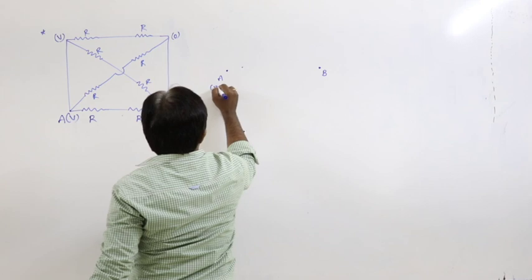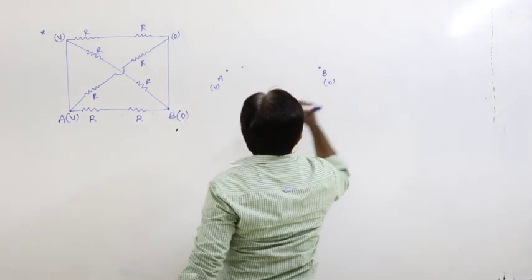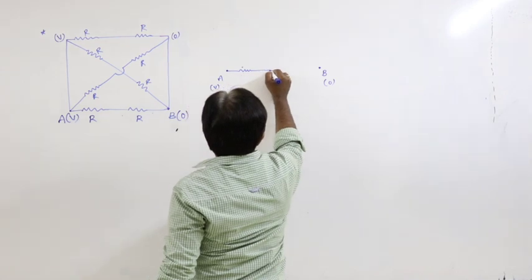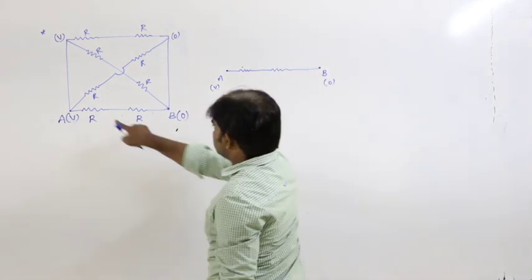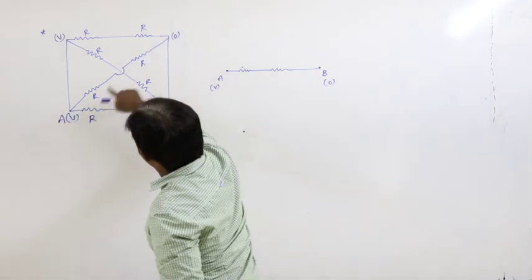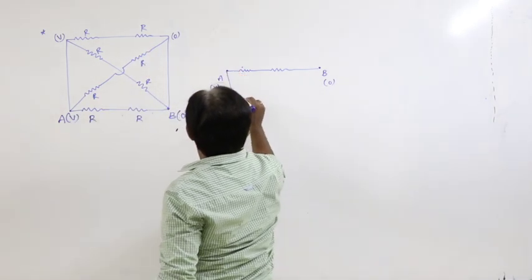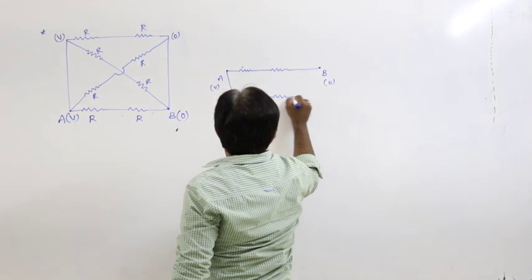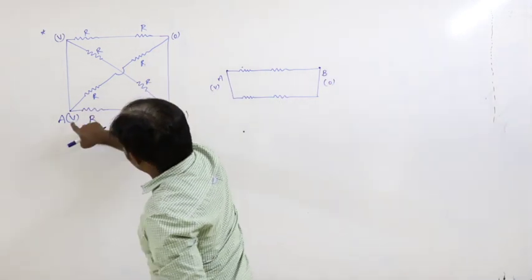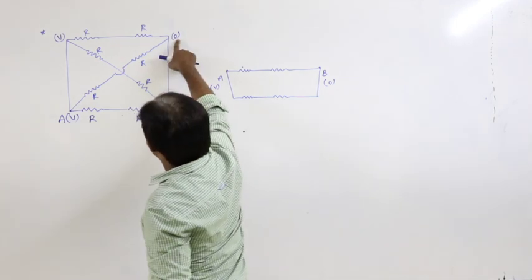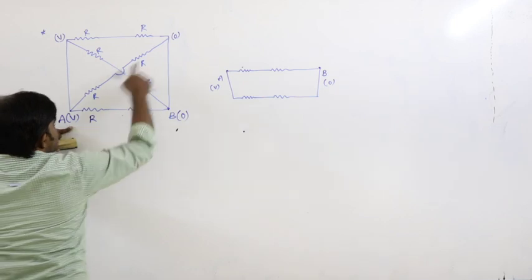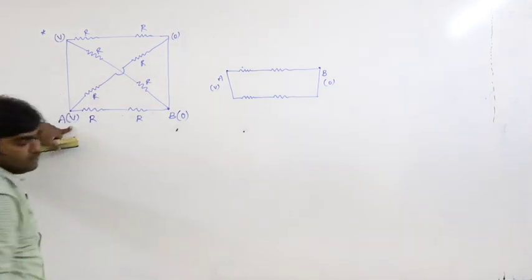So see here, again if you redraw this circuit, this is point A and this is point B. Point A is at potential V. Point B is at 0 potential. So here, these are the two resistances. Next, from point A to 0 again, these two are like this. From here to here, point A, V, point B, 0. This is V, 0, V, 0. That means these two must be in parallel.